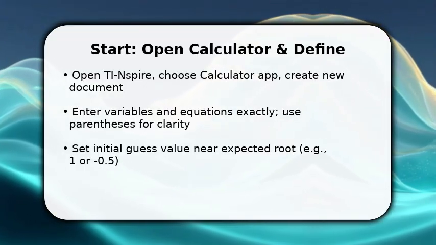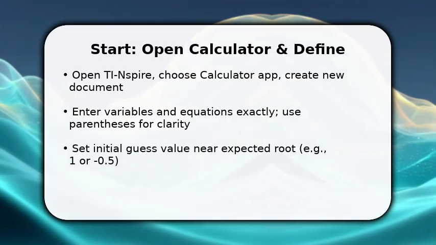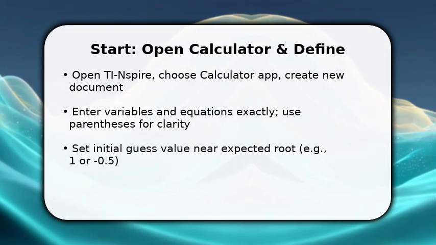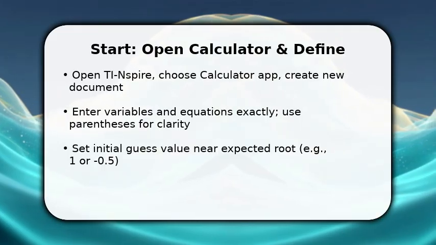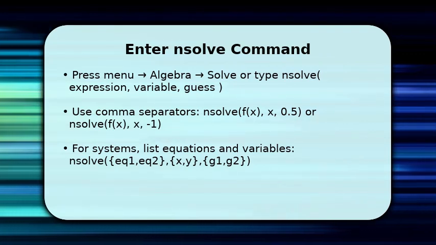Then choose an initial guess. Pick a number close to where the curve crosses 0. This initial step matters because Nsolve uses that guess to iterate toward the correct root. Now call Nsolve directly. Either use menu, right arrow, algebra, right arrow, solve, or type Nsolve(expression, variable, guess) into